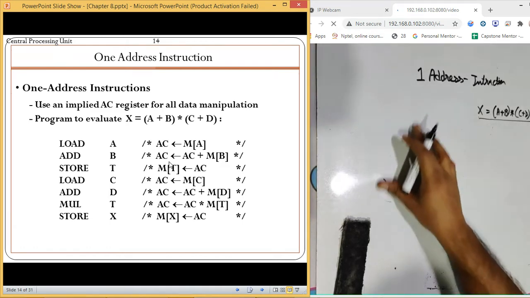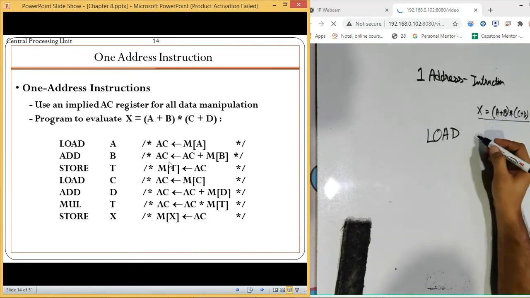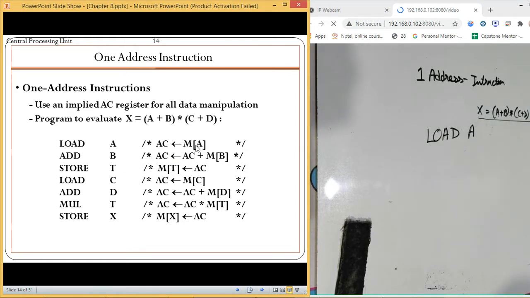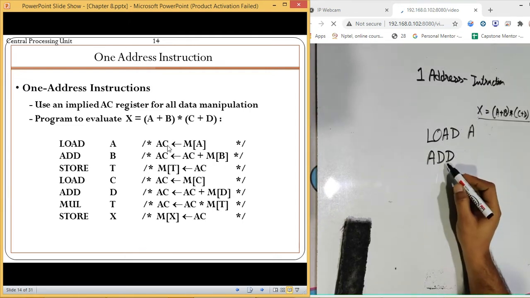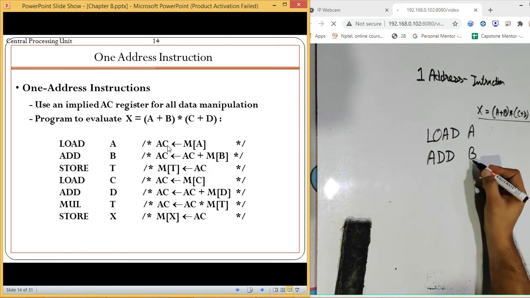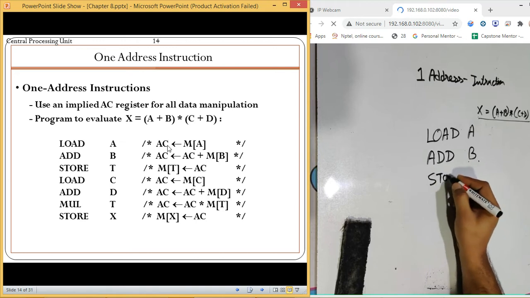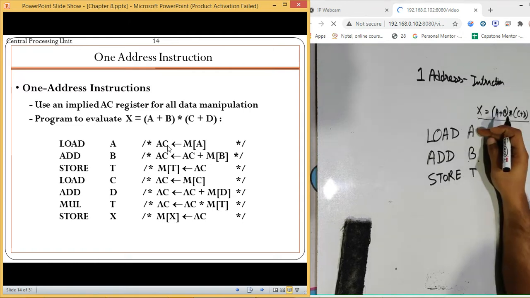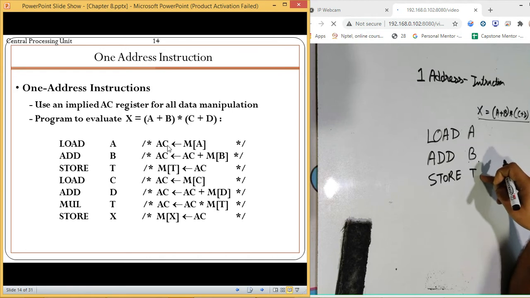To implement this, first of all, we need to load the value of A, and it will be loaded into the accumulator. That is why you can see this, it is load A from memory. We load it in the accumulator. Then with add, which is the opcode we are going to perform, we are mentioning a single address with it. That is why it is known as one address instruction. After this we have store, because we are going to store it in some temporary memory. Once we have loaded the value of A and performed the addition, the third thing is to store the value at a temporary location.